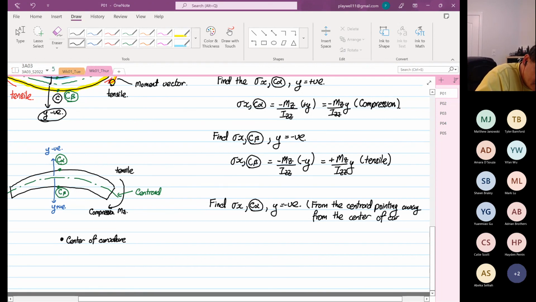So that's why it's negative. So when that's the case, we have stress X, C alpha